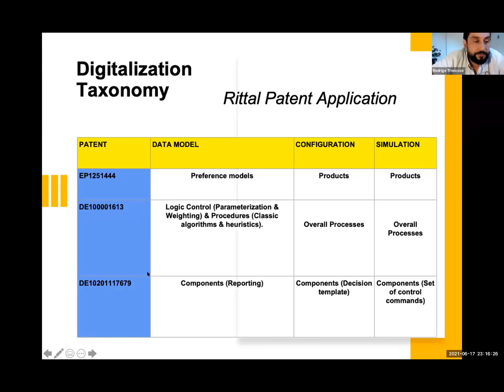Digitalization taxonomy, according to what we have seen in the current use case Rittal, and the digital twins, which are also involved in Industry 4.0, we have, I believe, a group of patents related to Rittal technology and process. The first is patent 10001613, which is